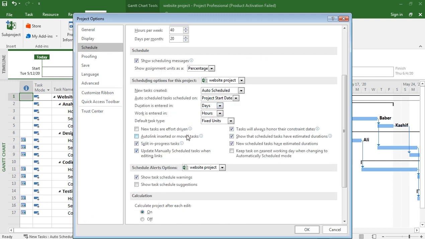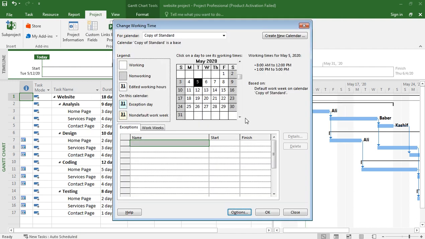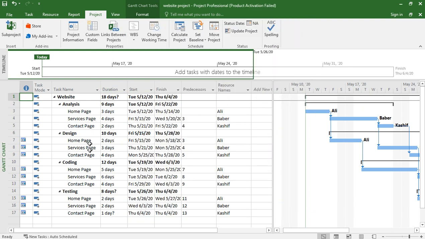So the first task is create the calendar, all the holidays, all the working hours, non-working hours, exception days, default work weeks, what are non-working days, what are working days, everything should be done here in the calendar. After setting the calendar, you go to tasks and define the tasks, and then schedule.